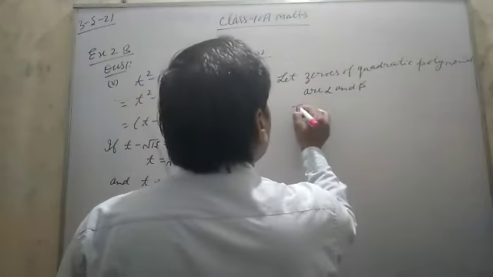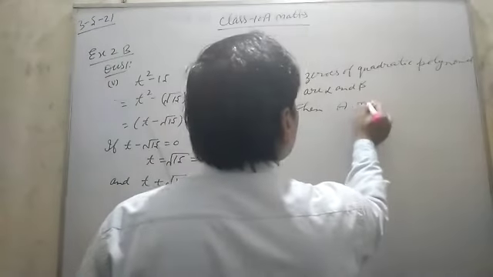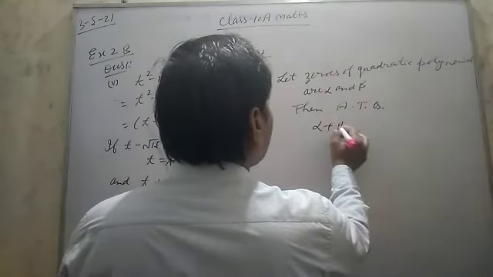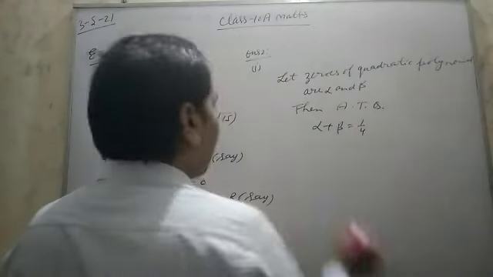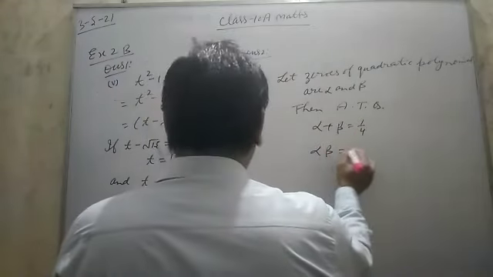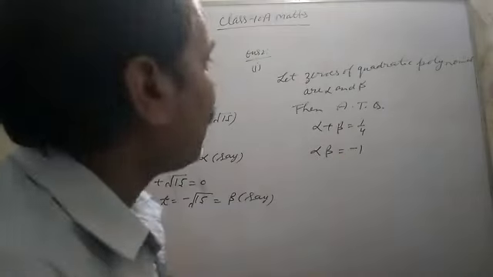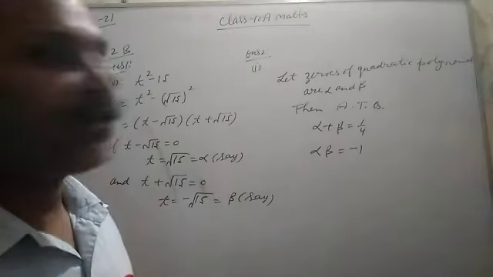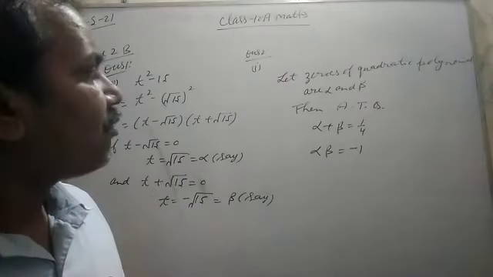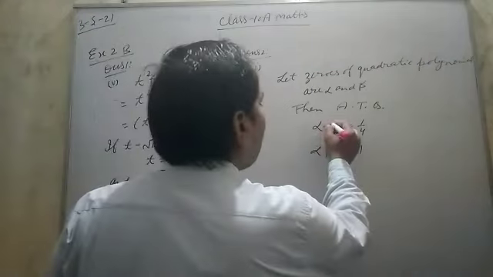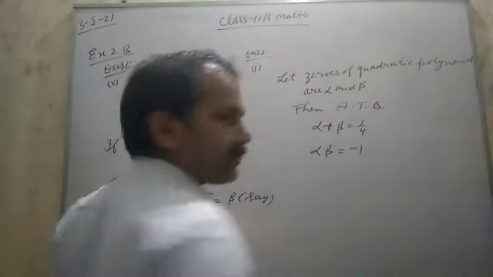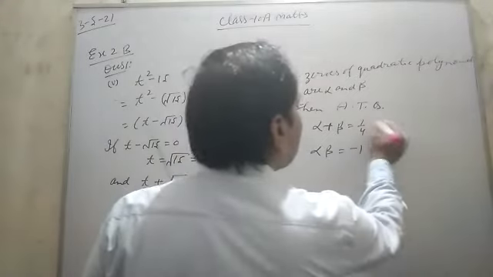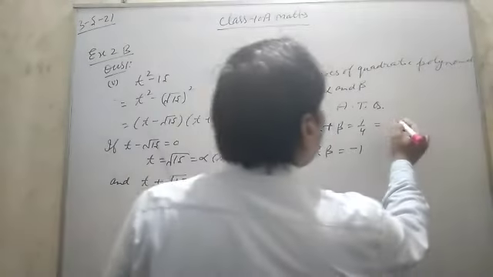Then according to question, okay, so sum of zeros means alpha plus beta is equal to given 1 by 4 and product of zeros alpha beta is equal to minus 1. So we have two methods by that we can find quadratic polynomial. I will tell you both methods. Okay, first method you see alpha plus beta, that is given 1 by 4 and alpha plus beta we know